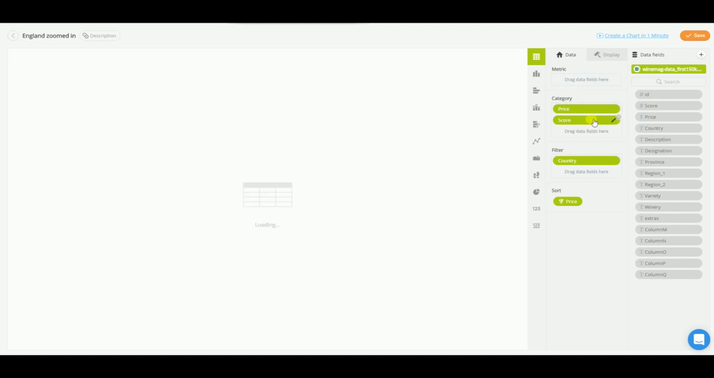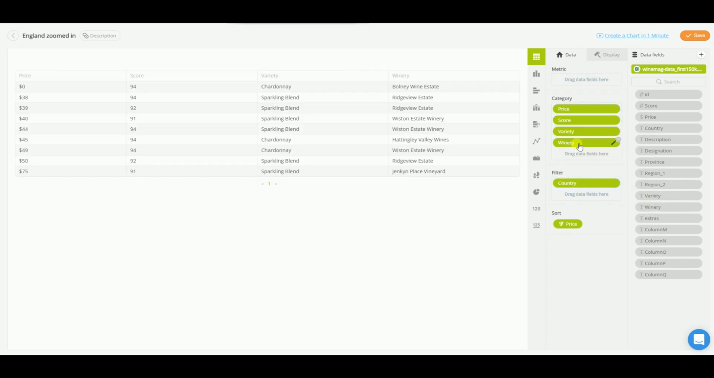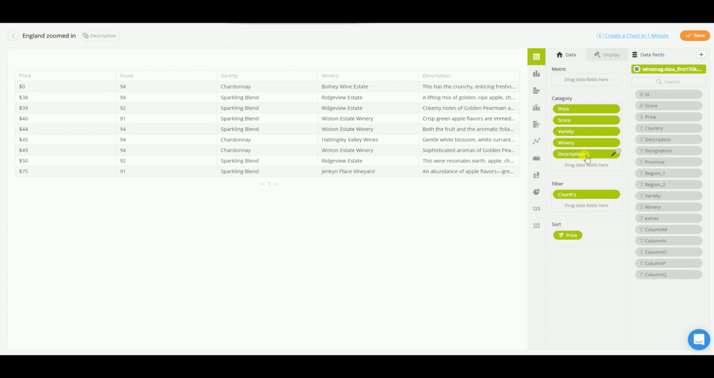I want to see price. I want to see score. But I also would like to see variety. So what type of wine is it? I want to know the winery, and let's go crazy. I also want to see the description because I want to know and understand what type of wine we're talking about here. So as you can see in the variety, they create Chardonnay and sparkling wine,